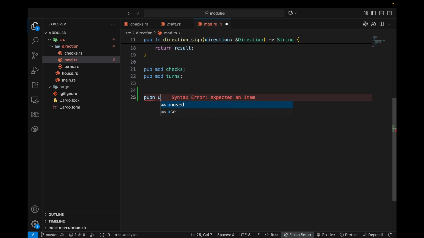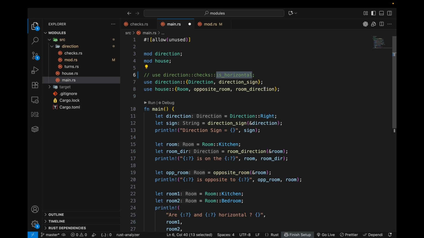and just say pub use checks::*. Okay. Then if you go back to main.rs, instead of importing it from the checks submodule, you can directly import from the direction module. So if I go to direction sign and say is, you can see now is horizontal is available. Let me show you that once again. So if I